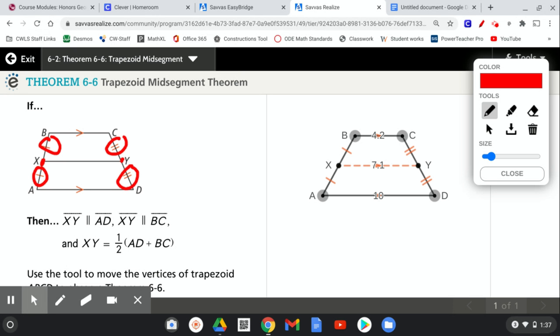So we're going to have the two congruent segments there. So you might get a question like that. But the more important thing with this trapezoid mid-segment theorem is that if we add up the bases, so if we add AD and BC and divide it by 2, that is going to give us the length of the mid-segment. So you see in this problem over here, we have one base is 4.2, the other base is 10. So we're going to do 4.2